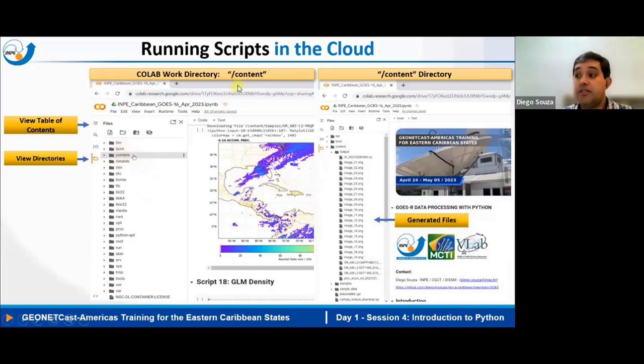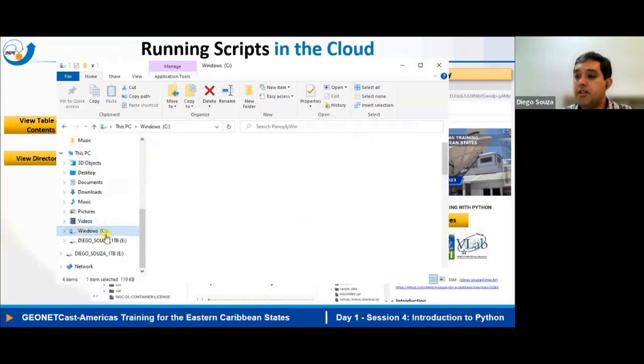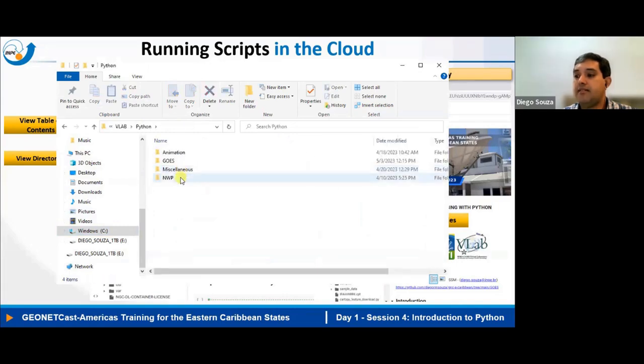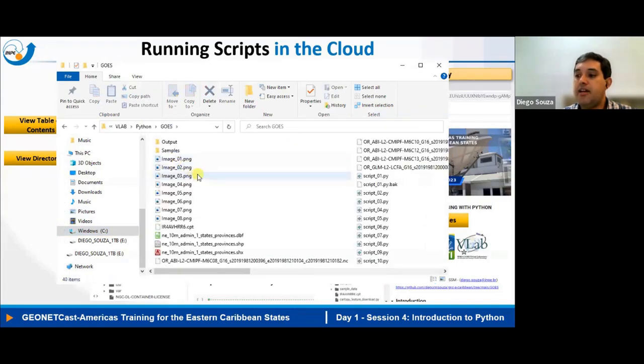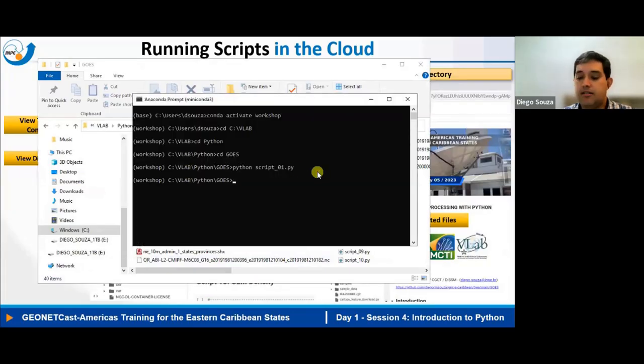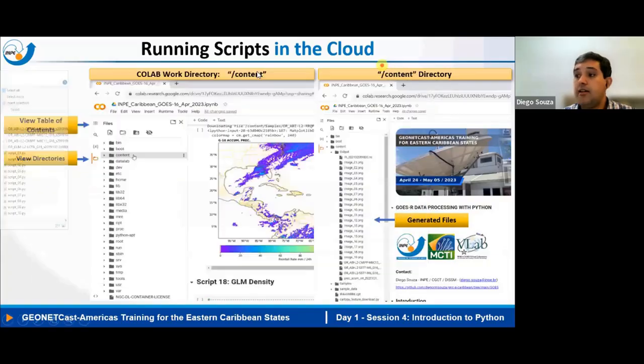So the working directory in Google Colab is content. If you try the local procedure, in the tutorial, I have used C, VLAN, Python, and so on. And here I have all the scripts and utilities for running the script locally as it is described in the local procedure available in Moodle, right? So executing scripts locally, as we have done here, or executing scripts directly in the cloud. Okay,